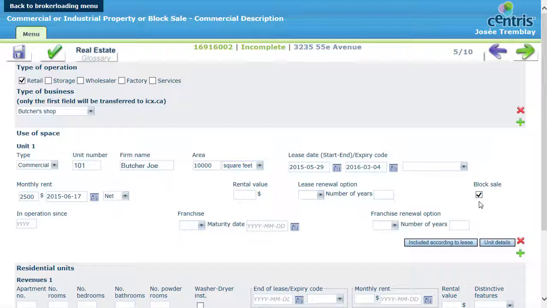Other. Block sale. You must also place a check mark in the block sale box, and you can indicate the year the business began its operations. Select yes under the franchise heading if the business is a franchise, and enter the maturity date, which refers to the end date of the contractual relationship with the franchisor. If there's a possibility of renewing the franchise agreement, indicate yes, and enter the number of years the franchise agreement